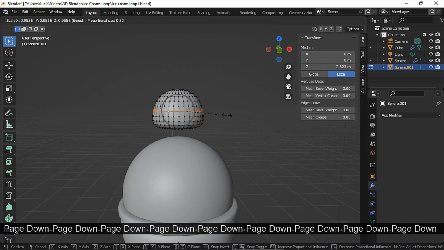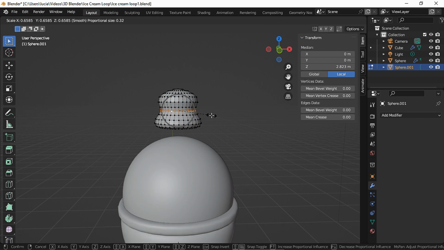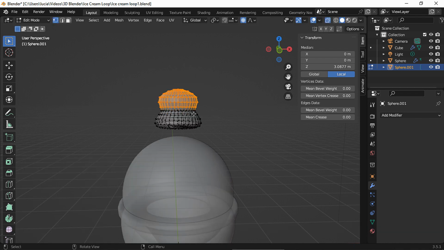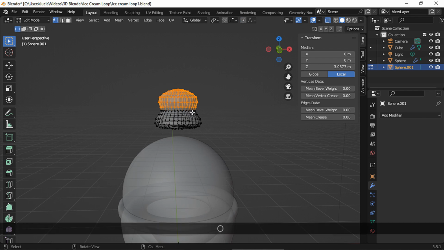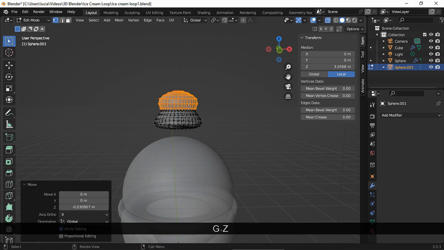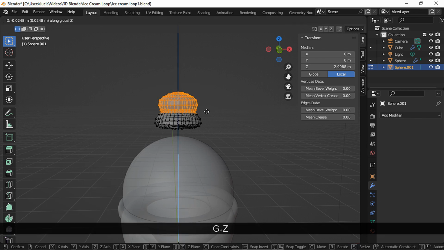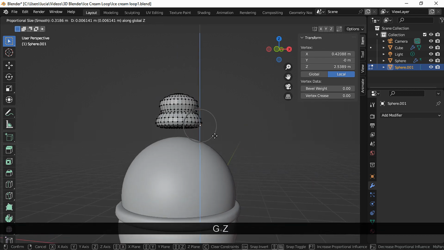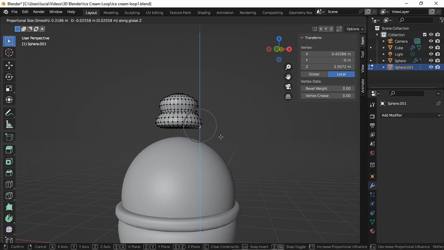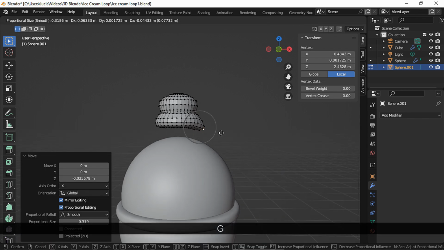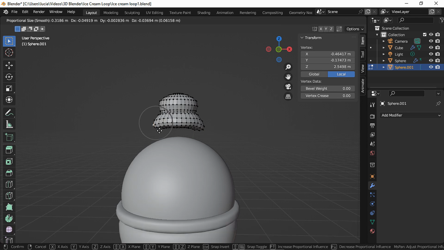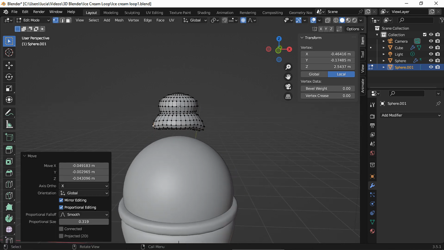Let's decrease the influence until you get a shape like this one. Now select all these vertices, remember to be in X-ray mode for this, disable proportional editing and move down a bit on the Z-axis. Now select all these vertices and again move down, enable proportional editing again and select this vertex right here and move it down on the Z-axis. Move it a bit to the side and I'm gonna do the same with this other vertex to give this mesh a more organic, imperfect shape.